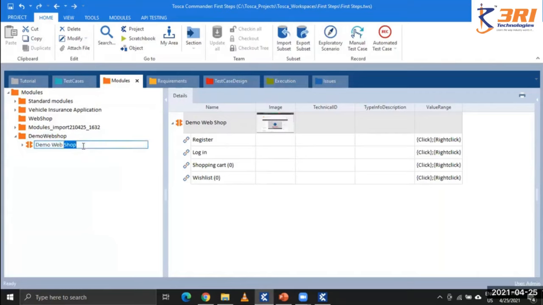What Tosca is providing is the feature of putting the name as human readable. This is the feature which makes it unique. It will create a human readable structure by which anybody can understand how this will work and why these objects are scanned. So this is like the menu items of web shop. So we created the modules for that, and